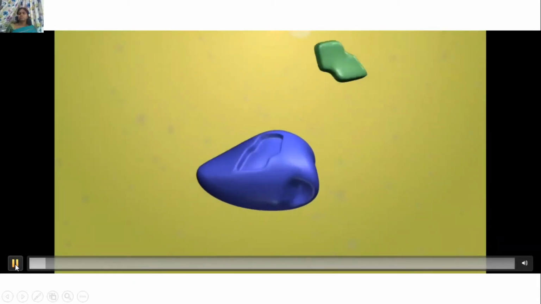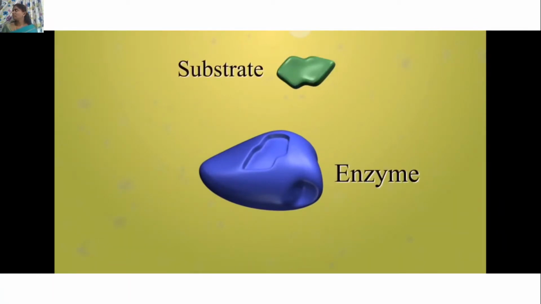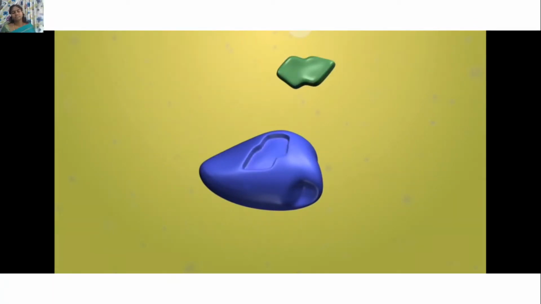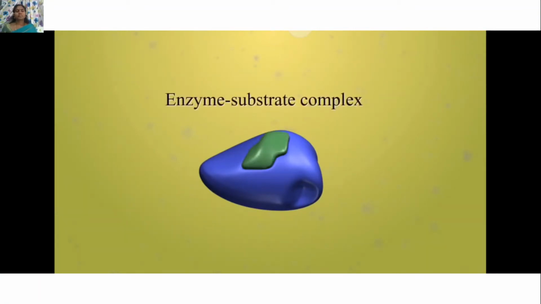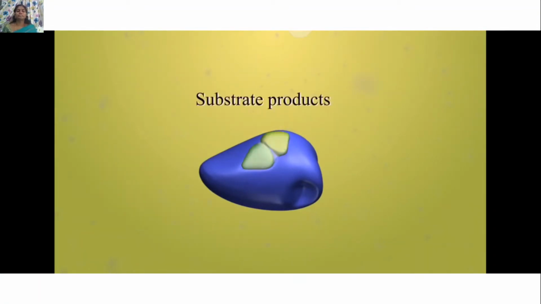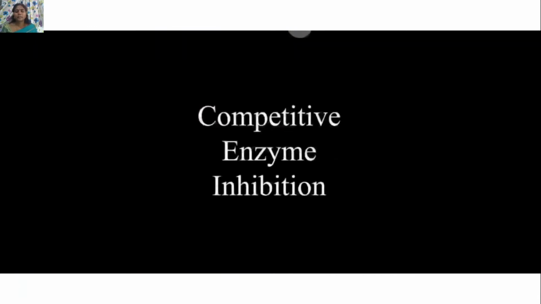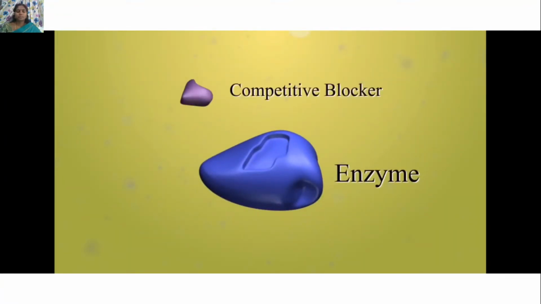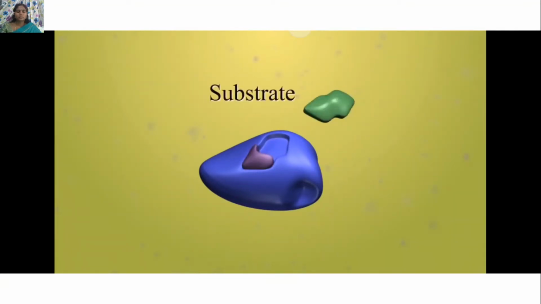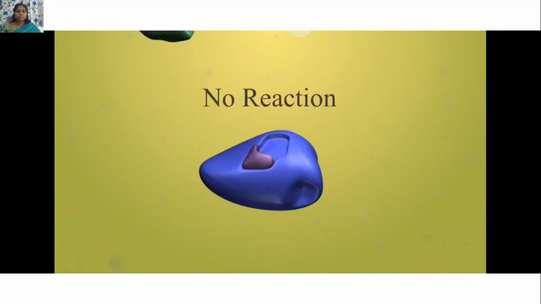During the normal enzyme catalytic cycle, the substrate encounters an enzyme with a specific active site to which it binds, forming an enzyme-substrate complex. The enzyme then facilitates the breakdown of the substrate to its products, which part from the enzyme, leaving the active site free to catalyze another substrate as the cycle begins again. Competitive inhibition occurs when an enzyme encounters a blocker, which mimics the properties of the substrate and binds to the enzyme's active site. Thus, when the substrate is encountered, the active site is not available for attachment and no reaction will occur.